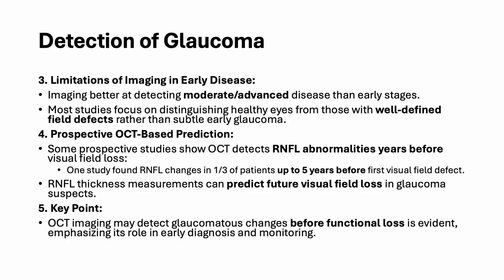One study found these changes in about a third of patients up to 5 years before their first field defect. RNFL thickness measurements can also predict future visual field loss in glaucoma suspects. This underscores OCT's value as a tool for early detection, monitoring, and predicting disease progression before functional vision loss becomes